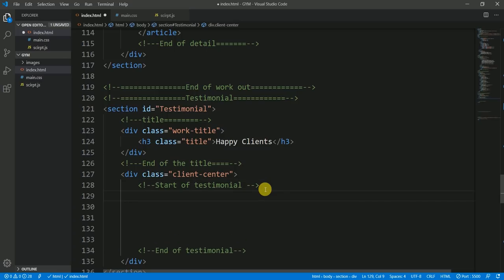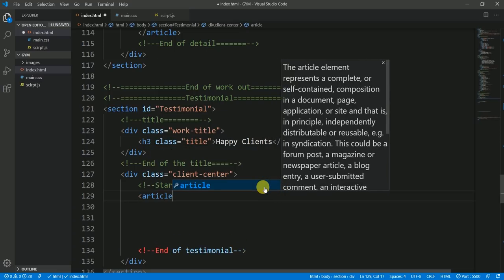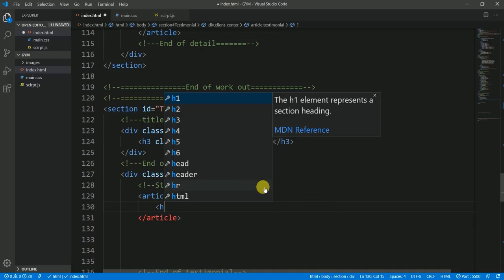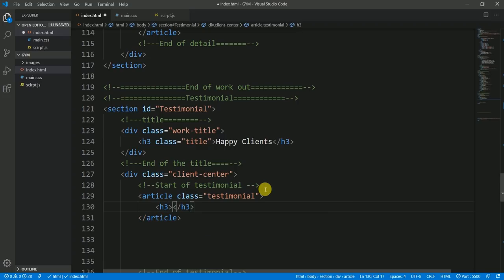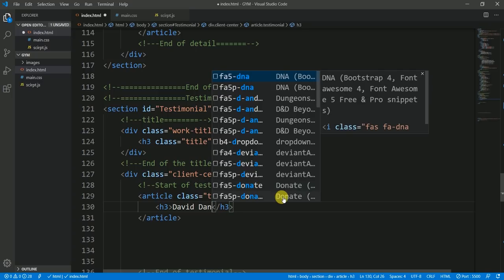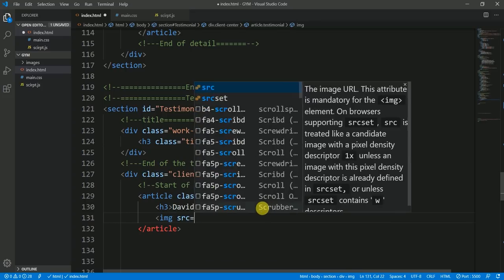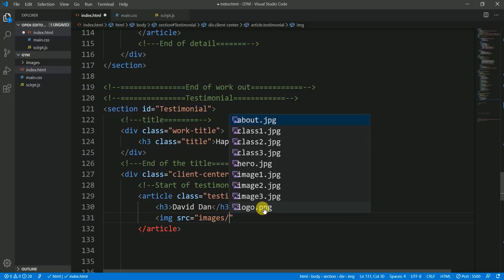Within this, I would like to go with the article, assigning it a class, and the class name is testimonial, and let's have a heading 3, and here just some imaginary names, David, Dan, and here I would like to use an image, and the source of the image is images, and here I would like to go with the image 1,